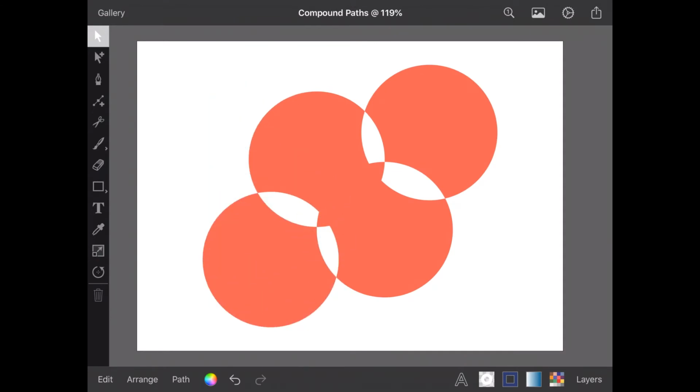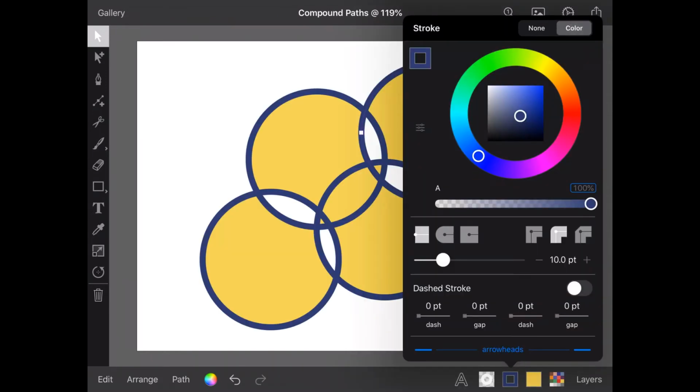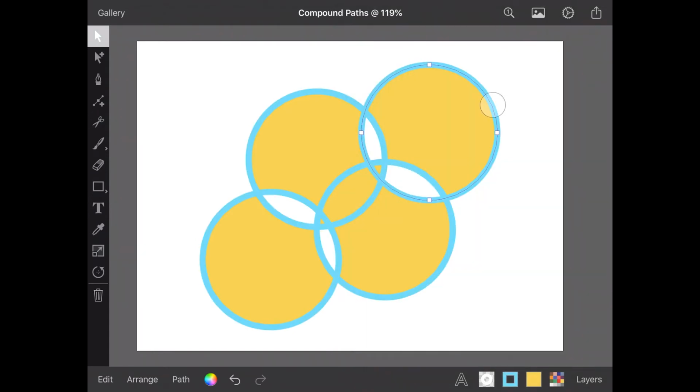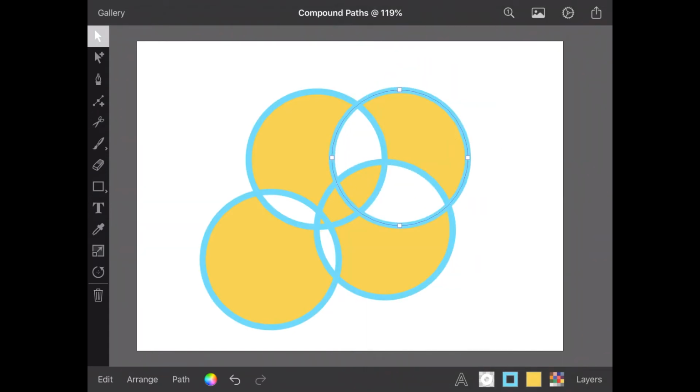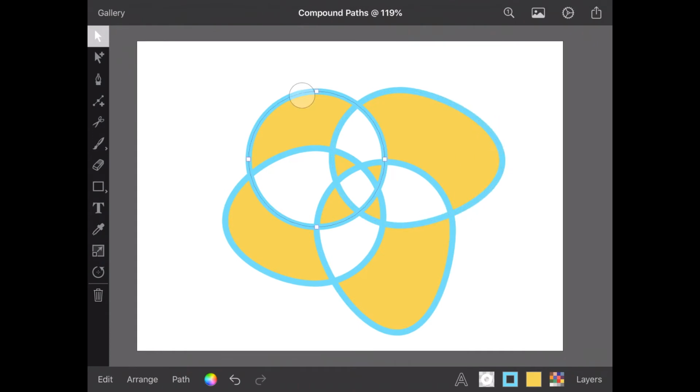The basics. A compound path is a collection of paths that through one process or another have been combined to create subpaths. You may notice the shapes share certain attributes, like stroke colour and width, but are also independently editable and movable. Compound paths are often used to create shapes with holes, but if you let your imagination run wild, they can make very interesting compositions.